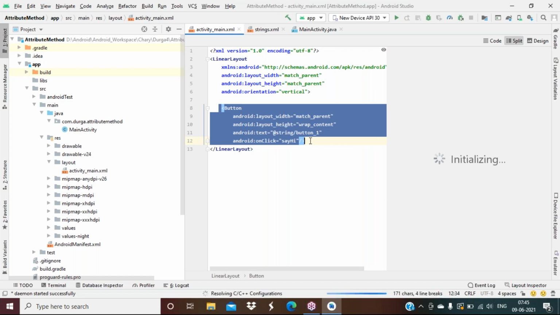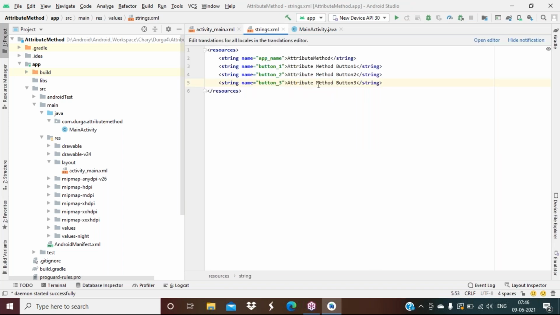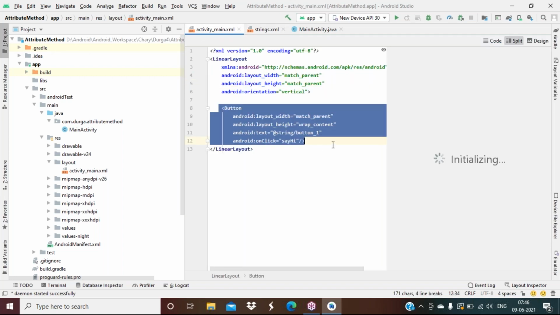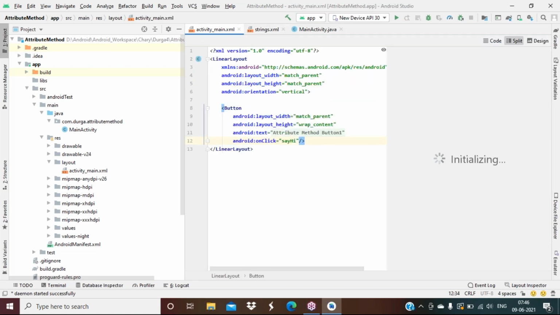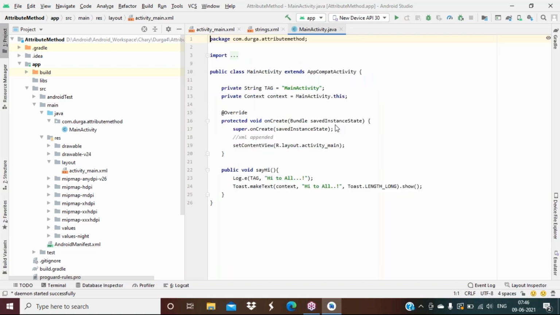Or else let me wait, instead of confusion. Here I would like to take three buttons: button 1, button 2, button 3. For this, in the XML only one button I completed. The remaining has to be worked out.